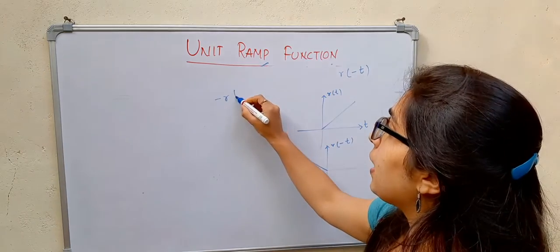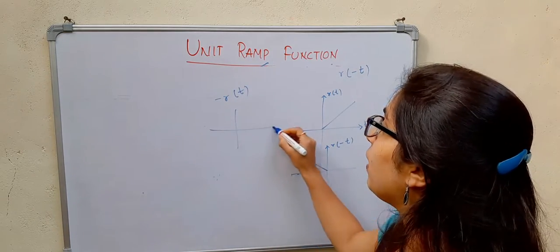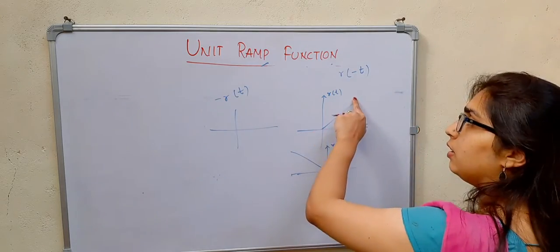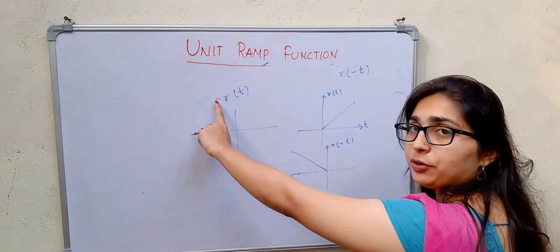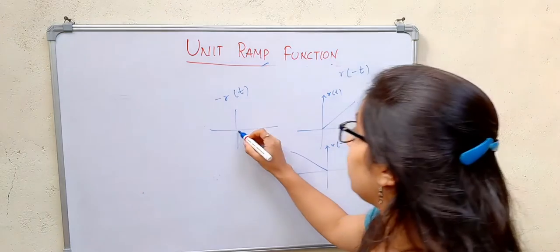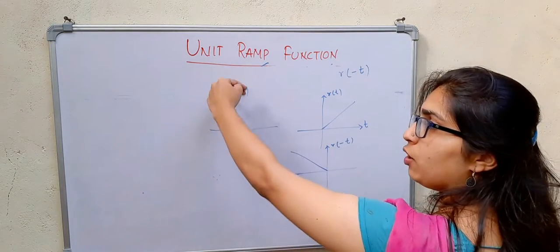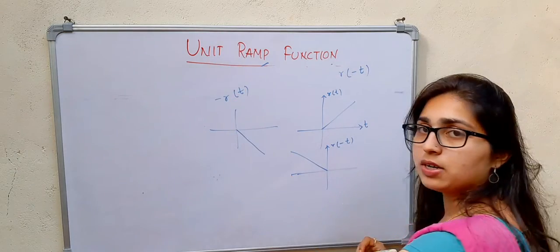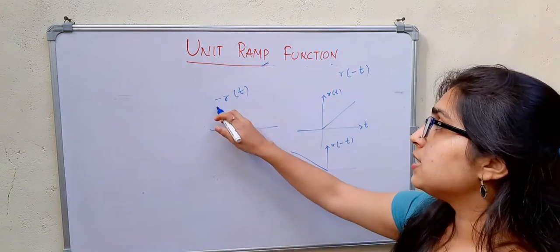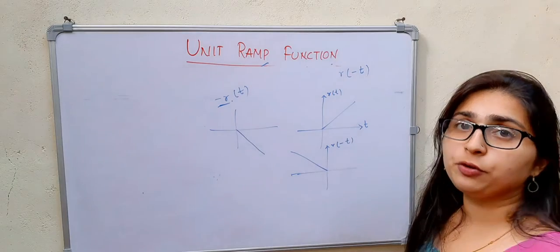If I consider minus r of t, then what will be your value? See, r of t is here. Here there will be an amplitude reversal, minus r of t. So it will be like this. Amplitude reversal. Instead of the positive y side, I will come towards the negative y side. Okay, that is a reversal. Amplitude reversal of the